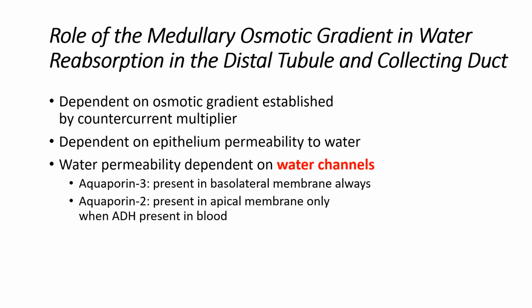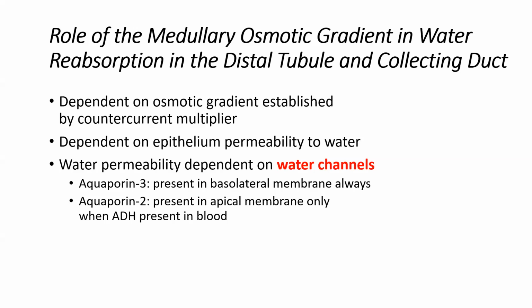Water permeability is also going to depend on the channels that are inserted into the distal parts of the tubule. So basically in the collecting duct and in the distal convoluted tubule, there are certain channels that are called aquaporins. And we talked about aquaporins and introduced it in one of our previous units. It's basically a channel that facilitates the movement of water only. And so we have aquaporin 3 channels that are in the basolateral membrane always. And we have aquaporin 2 channels that can be inserted into the apical membrane only under the influence of ADH